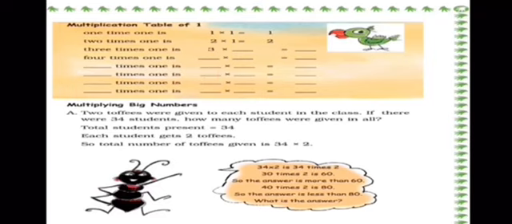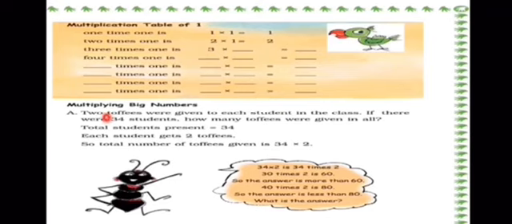Now as you can see over here, it's written 1, 2, 3, 4. So that's why we have taken the next number 5, because we are following the same pattern. So after 5 comes 6. So 6 times 1 is 6 multiplied by 1 is 6. 7 times 1 is 7 multiplied by 1 is 7. 8 times 1 is 8 multiplied by 1 is 8. So start writing these answers in your textbook.